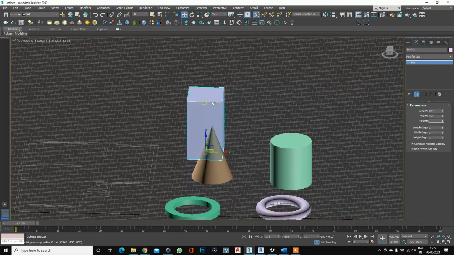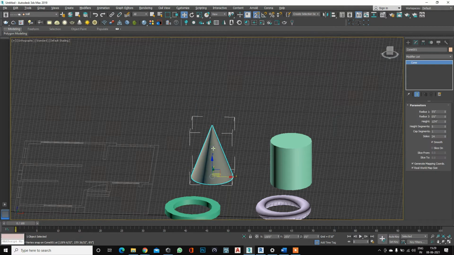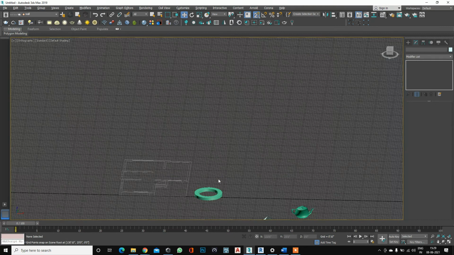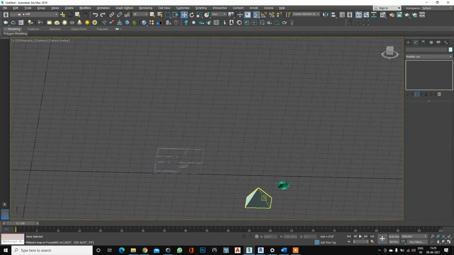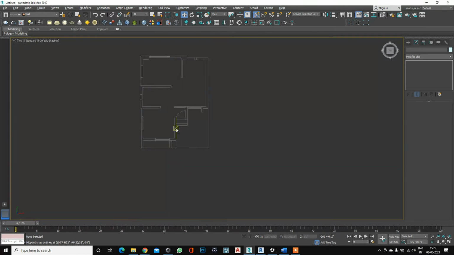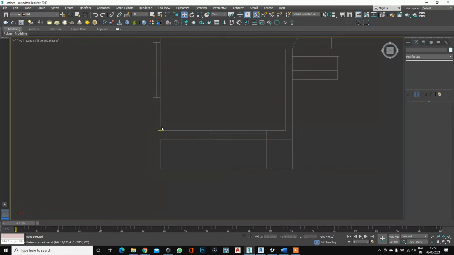Now in Revit you can measure all the things, but in 3ds Max you cannot measure because there is no measure tool in 3ds Max. Suppose I want to measure this wall.